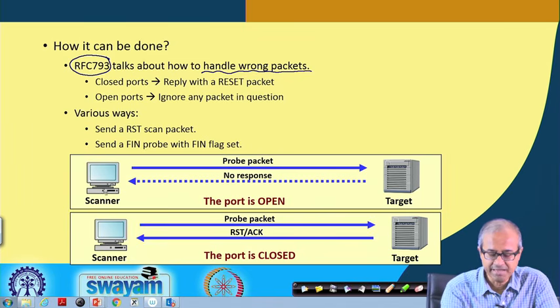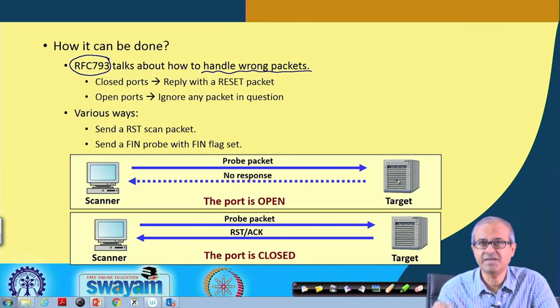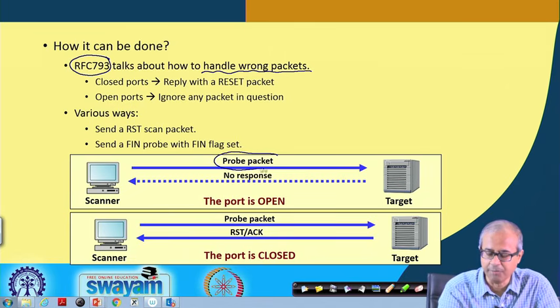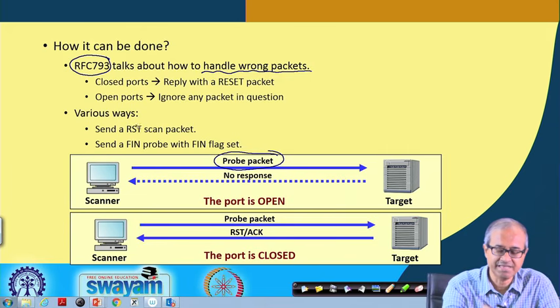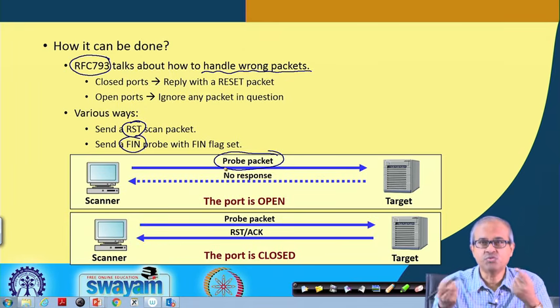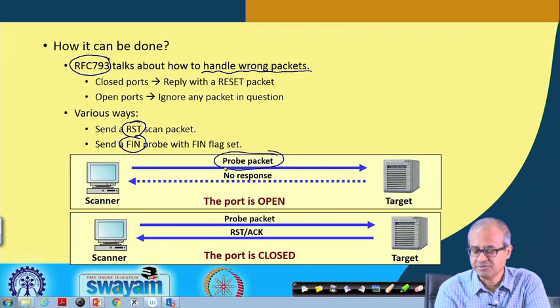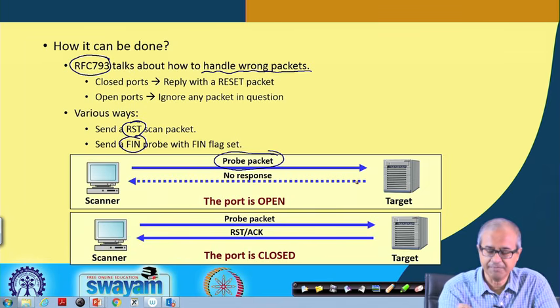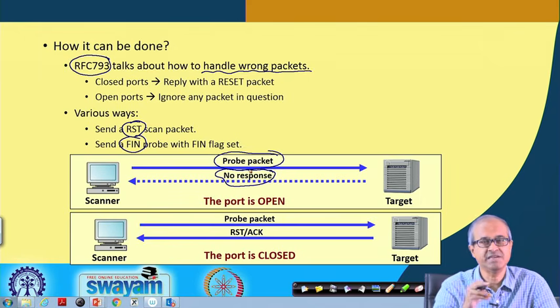The idea is that the scanner, when it tries to, let us say, establish a connection, is sending a wrong packet, the probe packet. Let us say it is sending a reset packet or a packet with the FIN flag set to 1, FIN means finish. These are normally not the packets with which you initiate a connection. So, these packets are so-called wrong packets to the target. So, the target, if it does not send back any response, it means it is a wrong packet, it has ignored,